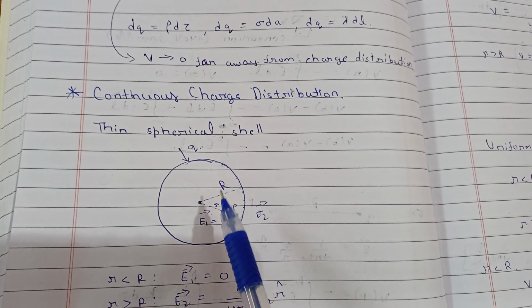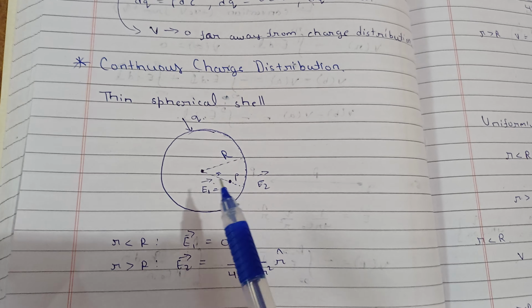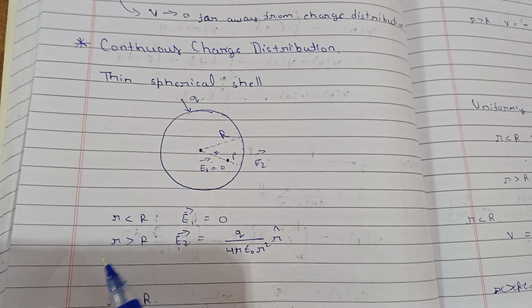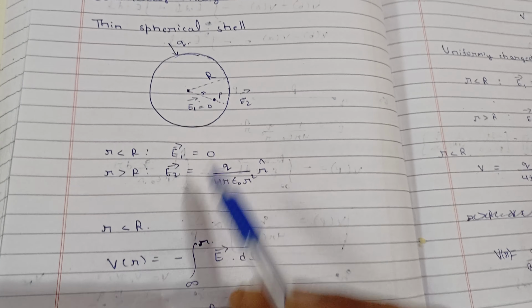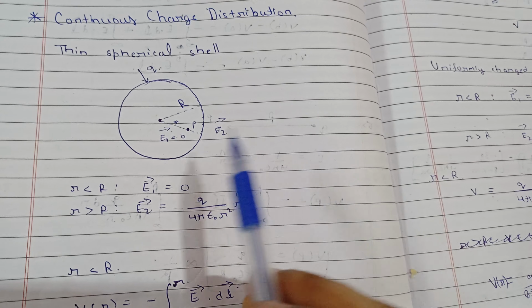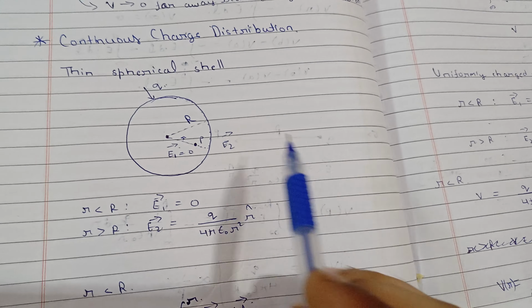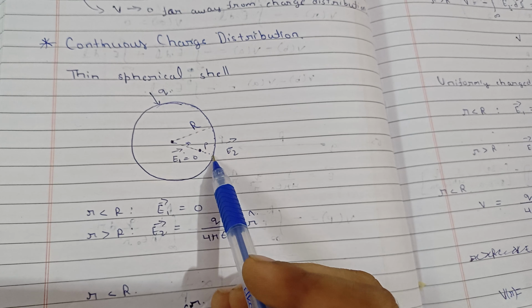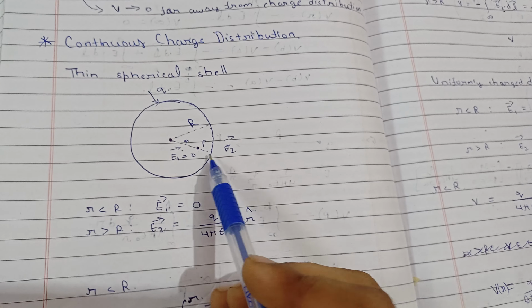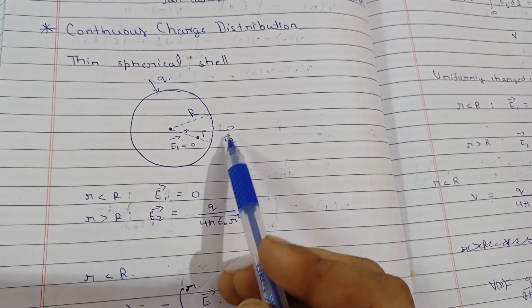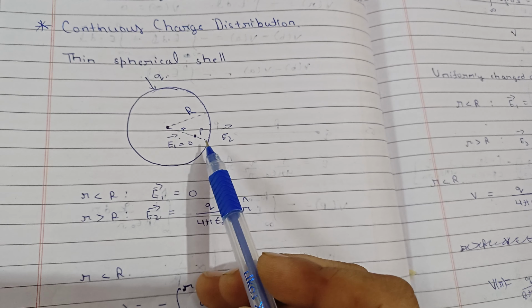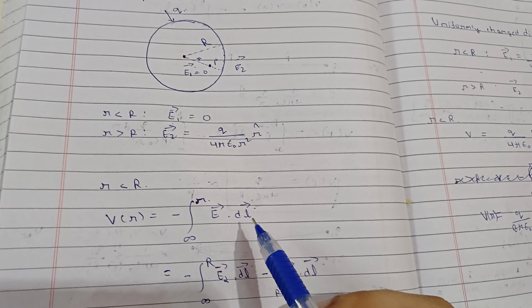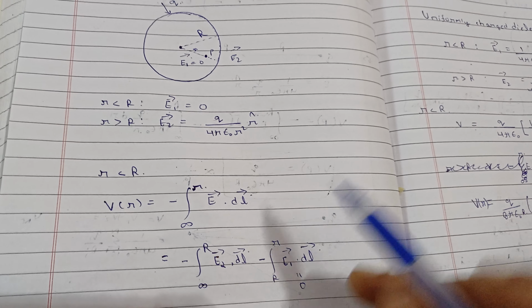We have a spherical shell and charge is only on the surface, and we need to find the electric potential at this point P. The simple formula is, for any point r, first we take a unit charge from infinity up to the surface, then we take this charge from capital R to small r. So we'll take the electric field in two separate ways: E2 for outside, and E1 inside. So it will be the integral of E dot dl from infinity to R and R to small r.